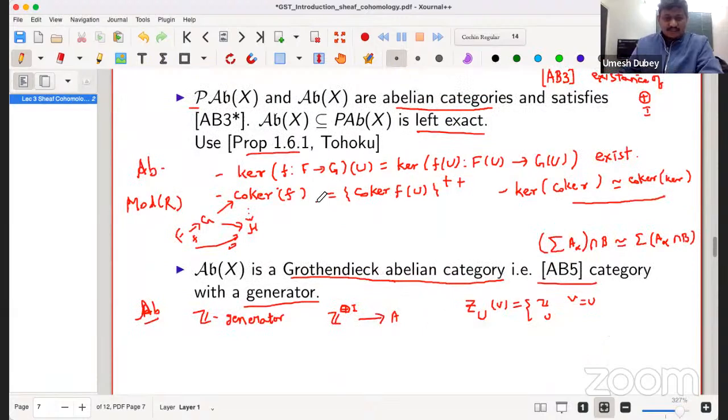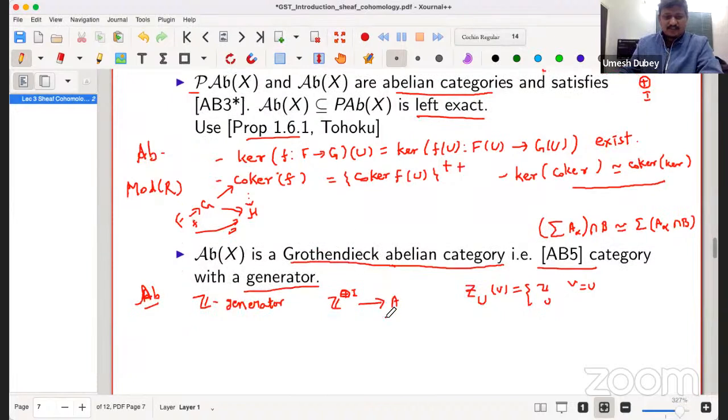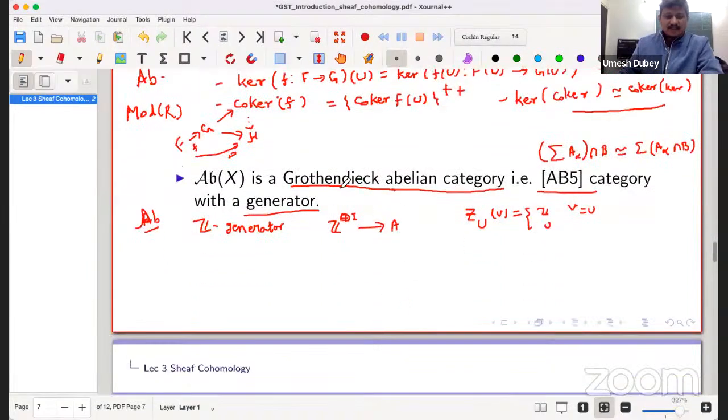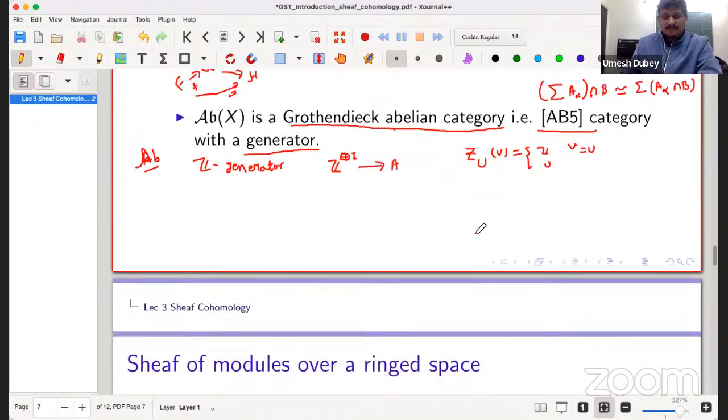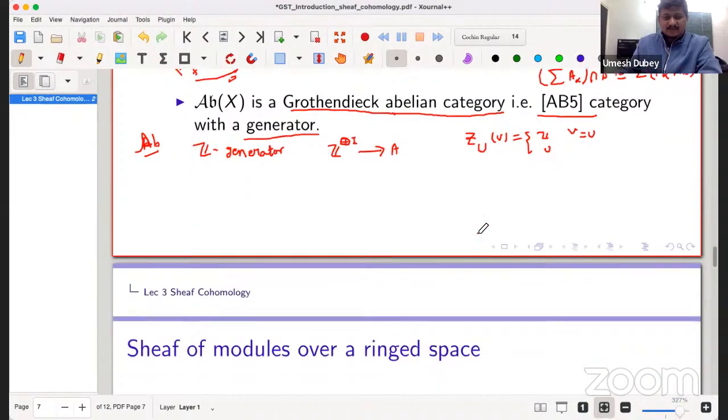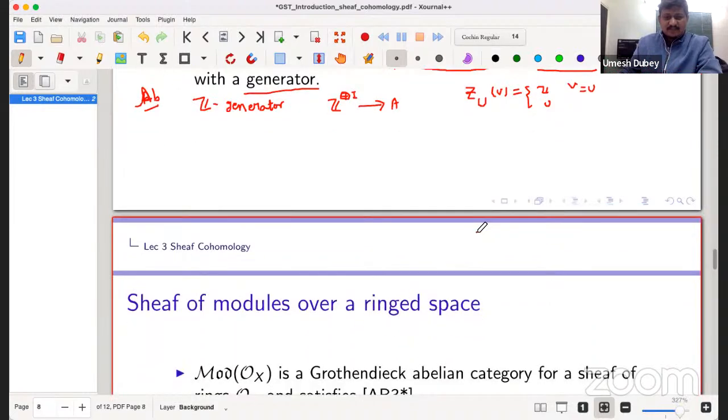So therefore, what I said is that using some of these properties, a more general construction, you can get this thing. And what he proved is that in general, if you have a category that is what we call a Grothendieck abelian category, it has enough injective objects. So we are heading towards that possibly. So before that, let me just mention,